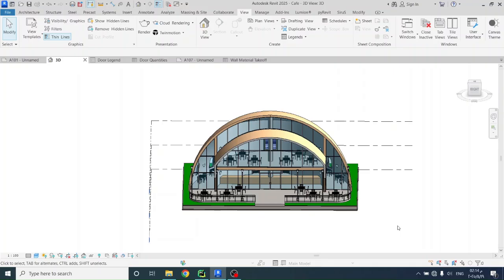Alright, so at this stage in your career, you would have extracted multiple schedules and material takeoffs and set up multiple sheets and whatnot, but I'm going to show you a quick walkthrough, and for that I'm going to show you the schedules and sheets